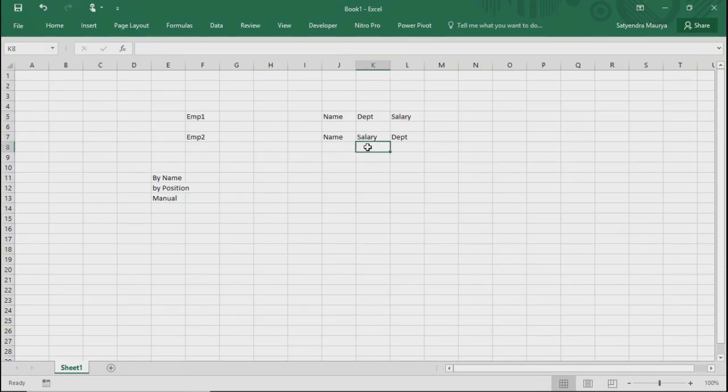Now let's say over here it is named salary, but you have given a string and here it is a number, then it will fail. It will map automatically, but it will fail because you have a different data type. If the data type is also the same and the name is the same, then there will not be an issue. It will automatically do it for you.